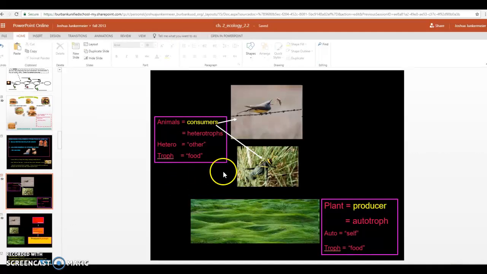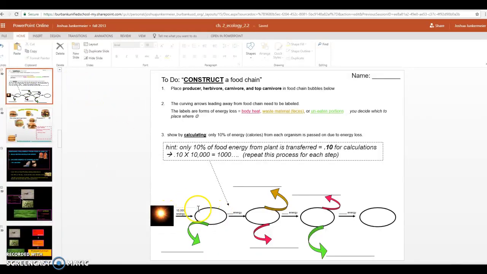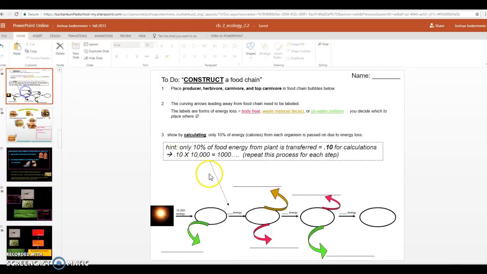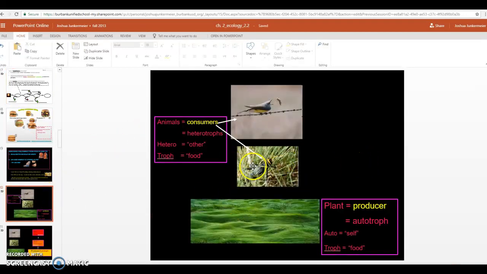So it means they eat other things for food. All right, and that's how we all get our energies. Plants produce or automatically feed themselves with sun energy. Remember, we have our food chain, right? The sun feeding the plant. And then we have other organisms eating each other, like these later sections of a food chain, right? The thing we need to remember is that energy is lost each step of a food chain. So every time an organism eats another organism, energy is lost. So we're going to spend a lot of time talking about that soon. All right, let's move on to slide 21.